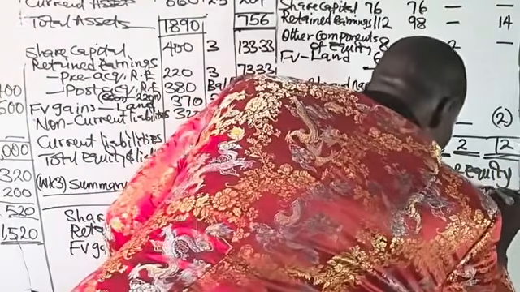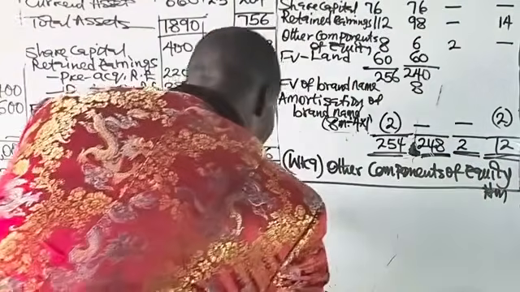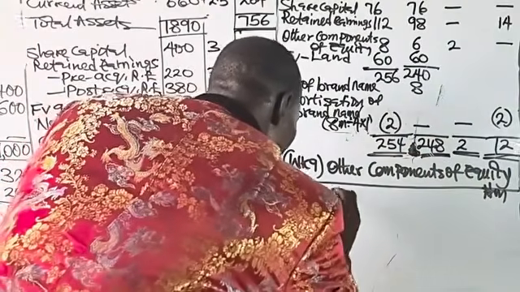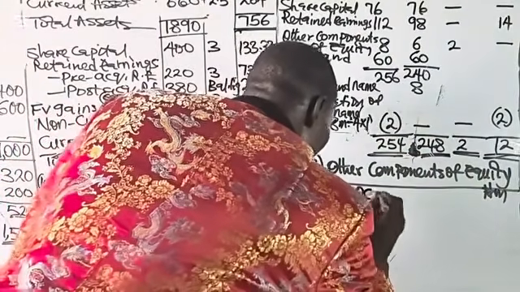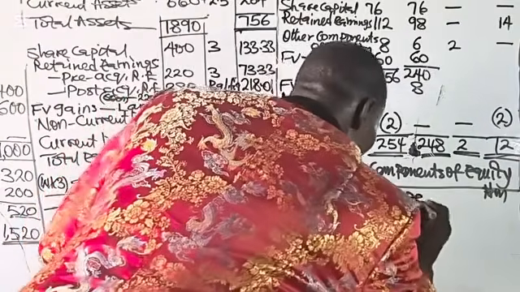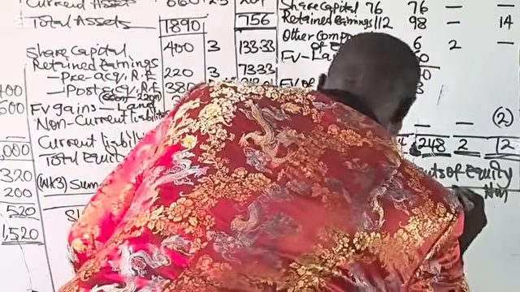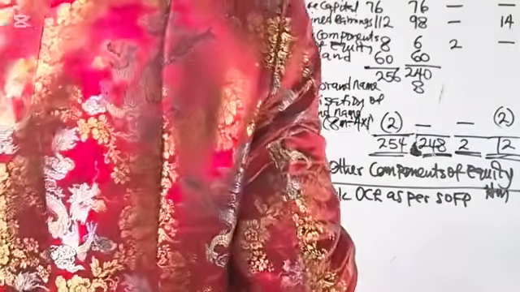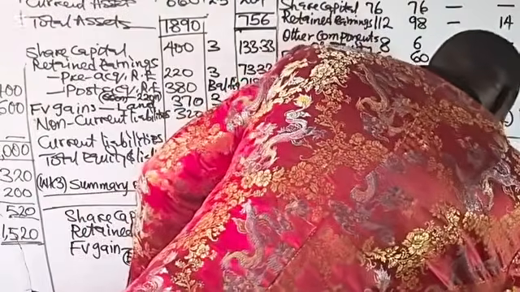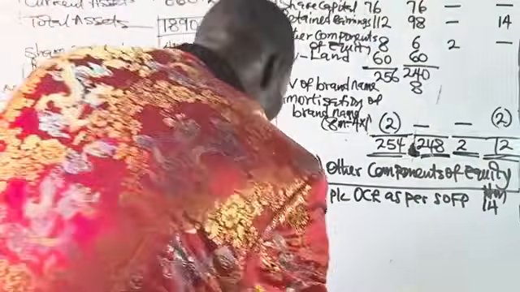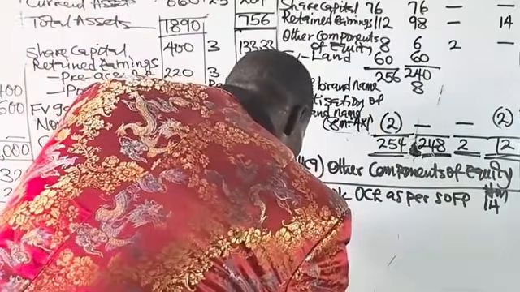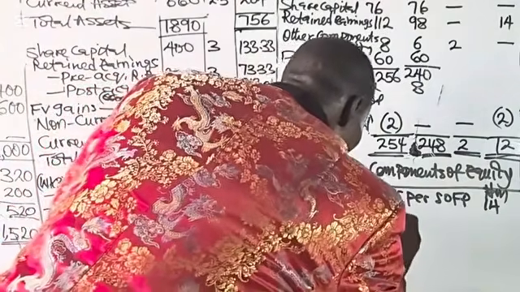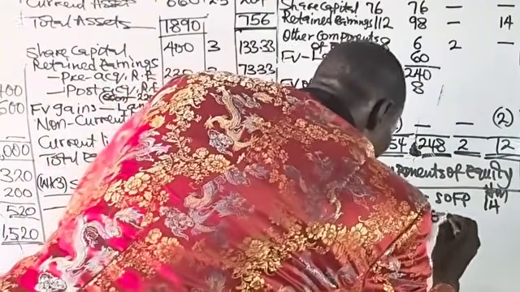The starting point is Rapuya PLC's other component of equity as per the statement of financial position. In Rapuya PLC's statement of financial position, we have other components of equity of 40 million. Then we also have Rapuya PLC's share of other component of equity of